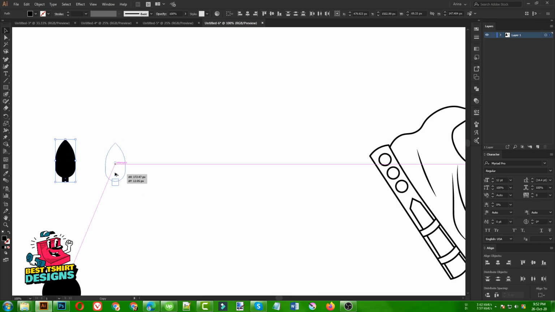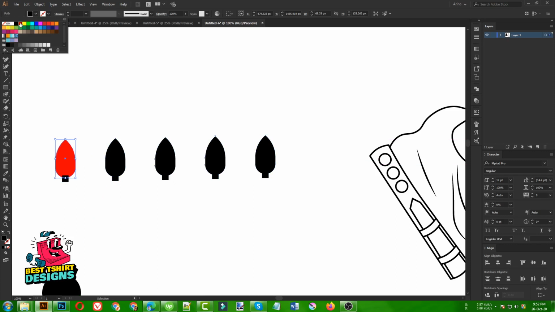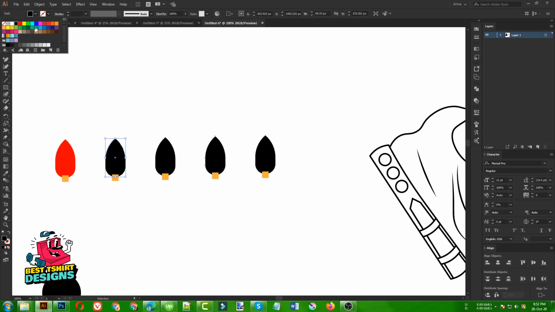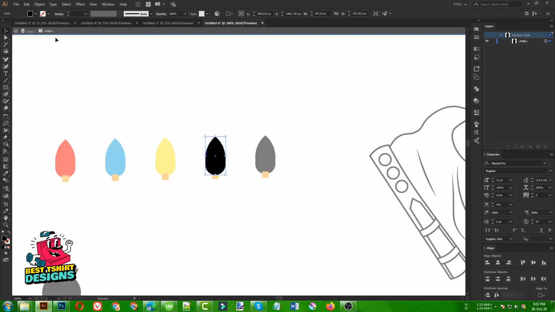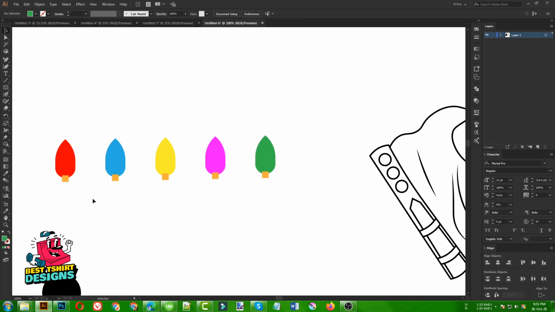So let's copy this one, then again press D to make some other copies. I am going to make it colorful. Okay, first of all I need to select these bottom parts here, just like this. I want to make them, I don't know, maybe yellow for everyone. Then I need to select this one. I can change the color here. I am changing the colors first because I will make some copies, but then it will be hard for me to change everything's color, just like this, maybe a green one. Okay, so that is good for me.